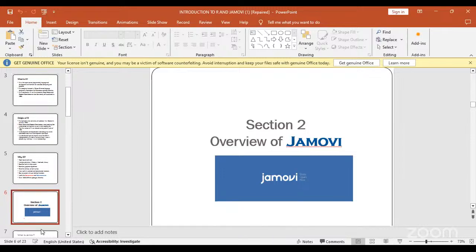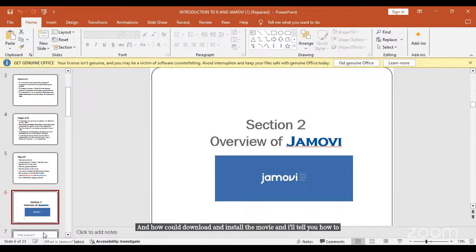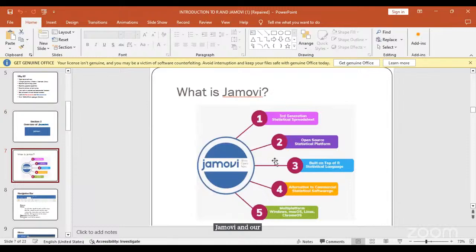So, I'll show you how to download and install JAMOVI, and how, after that, by using these tools, we can do computational statistical computing. You will see. Before going to download the two things, JAMOVI and the R programming environment, I